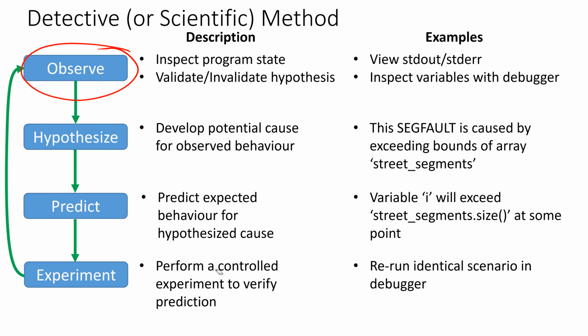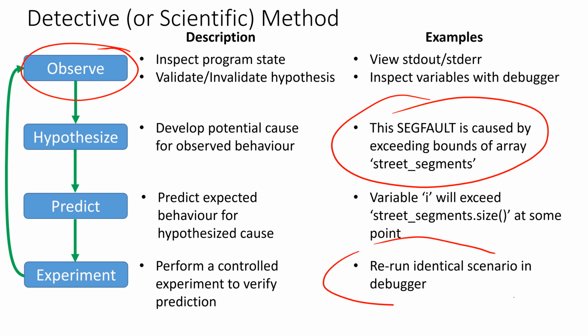And you are trying to come up with hypotheses that are likely, but also ones that you can test pretty quickly. If you've got an idea, I could check. So for example, here we're saying we've got a seg fault. Maybe it's caused by going out of bounds. Maybe I'll run that in the debugger and I can actually just watch if I go out of bounds. So this is a hypothesis that I could check pretty quickly.